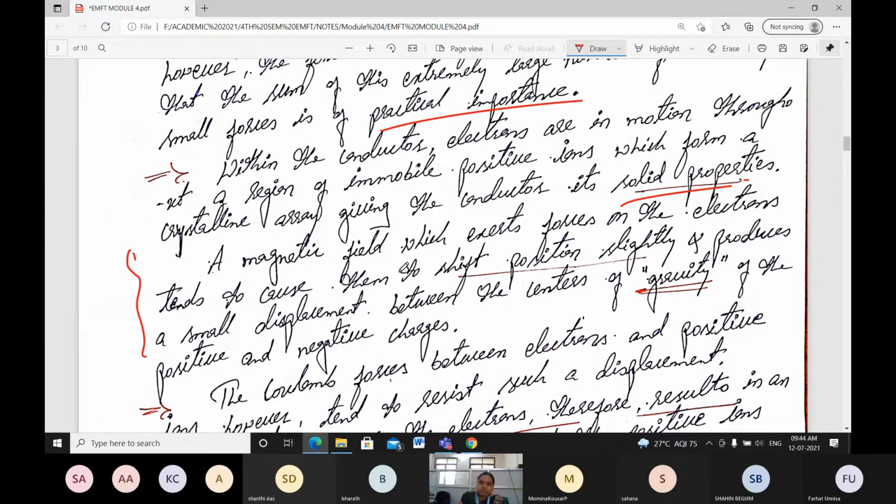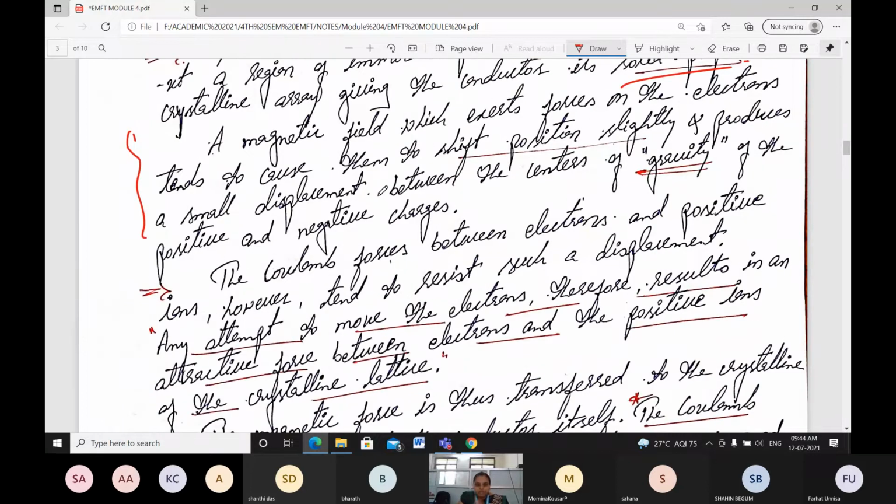It's like a motor. You are giving a supply. From the supply, an electric field happens. From the electric field, your magnetic field is created. Then your motor starts rotating. It is based on the same principle. The same example you can consider here.